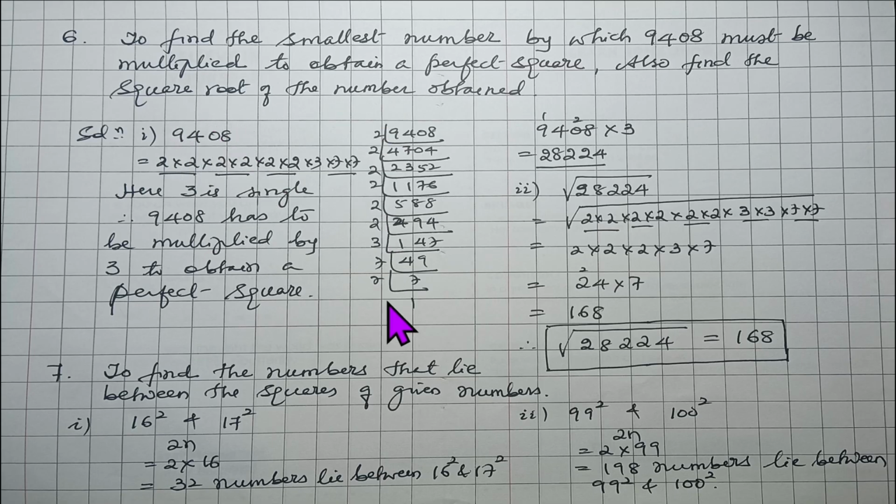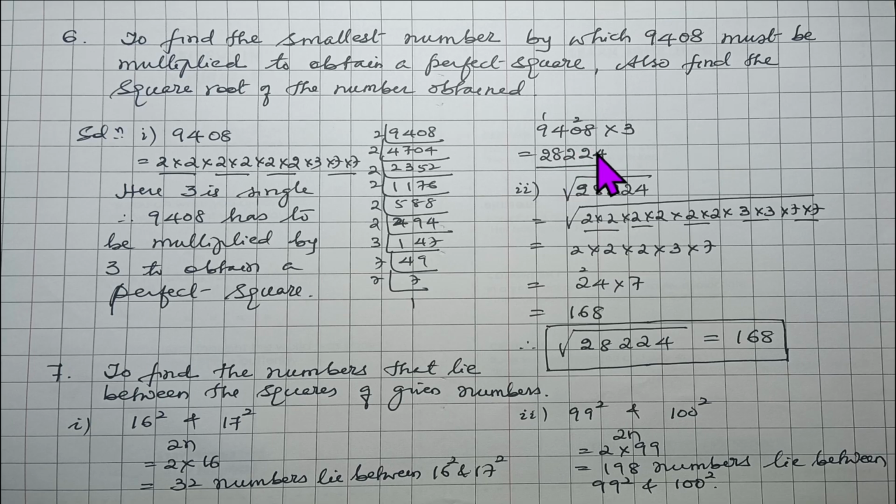When I find the prime factors here, we get 1 pair of 2, 2 pairs of 2, 3 pairs of 2 and 1 pair of 7, and 3 is single. So 3 is single here, that means the factors are not in pairs. If the factors are not in pairs, that means 9408 is not a perfect square. 3 is single, therefore I have to multiply 9408 by 3 to make it a perfect square. So when I multiply 9408 by 3, I get